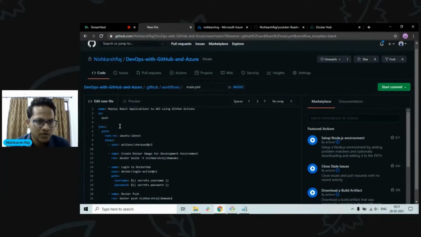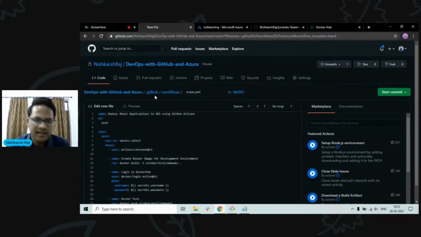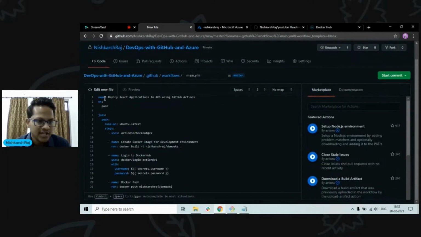So let's quickly go through this YML file. So whenever you're creating GitHub Actions, they are created in the .github / workflows folder in a declarative format in YML extension. So this is the name of your GitHub Actions, and this is the trigger. So when will this GitHub action get triggered? I have used the push event. So whenever I push changes to any branch on this repository, this GitHub action would get triggered. And then I have to create some jobs that would run when the GitHub action is triggered.